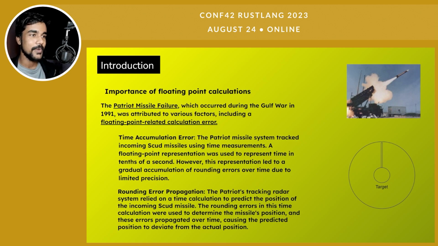The Patriot's tracking radar system relied on precise time calculations, because of such a high degree of precision. About 1/10 of a second has to be maintained to make it drop to the desired location. That didn't happen, and the result was a casualty of about 22 soldiers or something. I don't know the exact numbers here, but that was the result. It dropped in a totally different region. It drifted off from the target region to somewhere else.